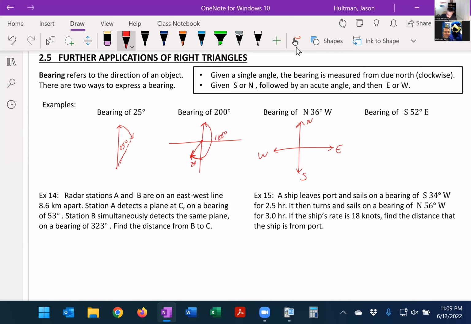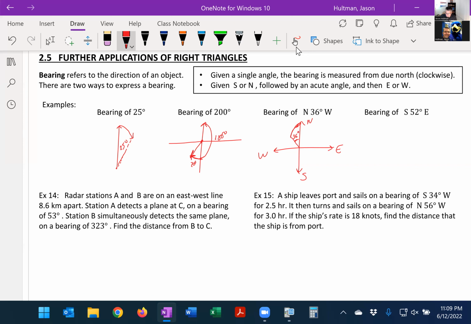So north, east, south, west, but instead of having a bearing of just 36 degrees, which would mean that we would go in the clockwise direction, we're actually going to go counterclockwise because it tells us to go west. It's a bearing west of north by 36 degrees. I made that angle a little too big, but it's 36 degrees west